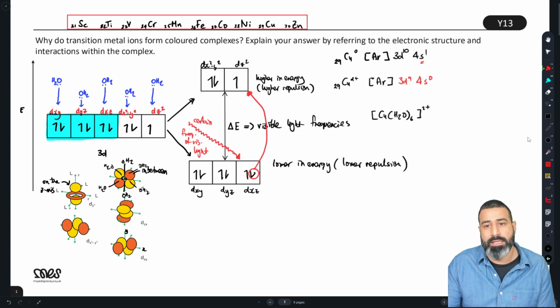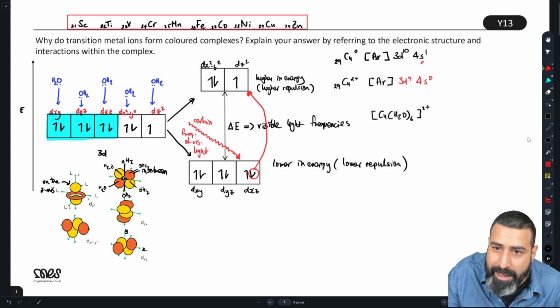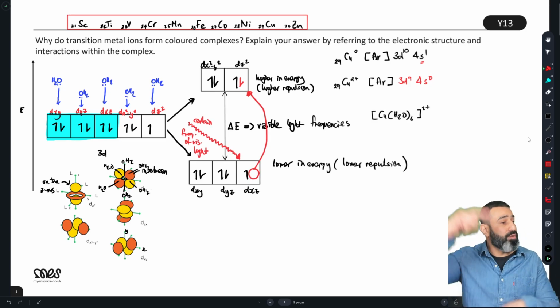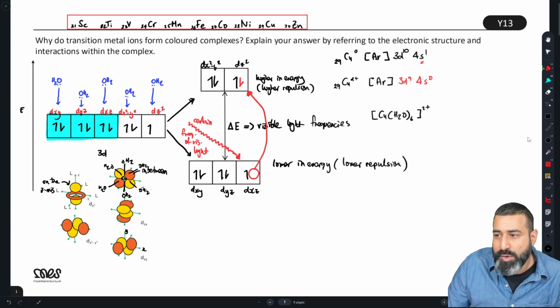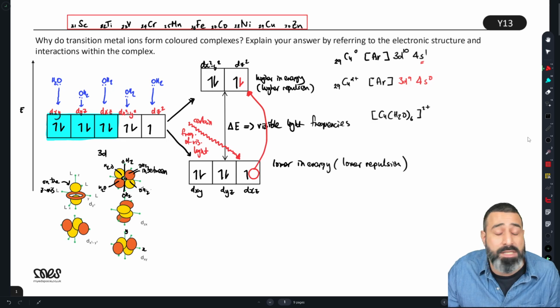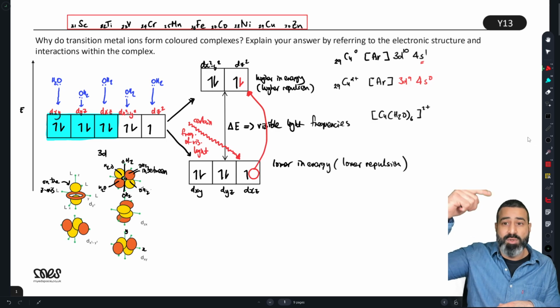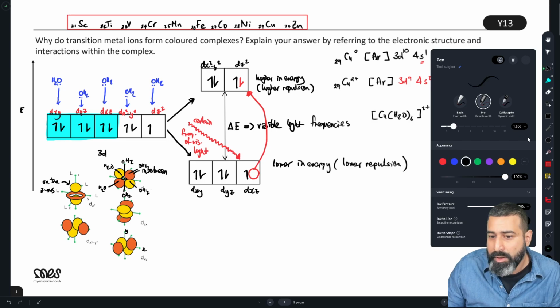So it gets excited, and then it moves up. So now that electron is here, and I guess we have a hole there. Okay, so it's been promoted, been excited. It's now in an excited state. Okay, so it absorbs light of a certain frequency, which corresponds to visible light. It gets promoted or excited into an unfilled d orbital. And then what do we actually see? Well,